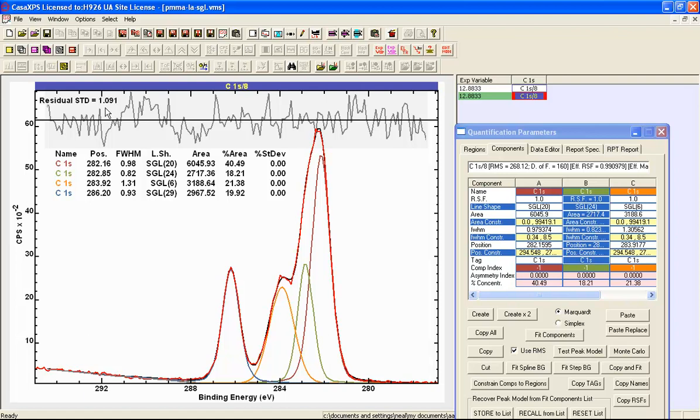The fit is comparable to what we see with the Voigt functions. So when I overlay these two, we can see the residuals are very, very similar, and the position and the starting points for these peaks are all very much the same. So we would expect these to be comparable peak models. However, if we test this SGL line shape peak model against noise, and we'll do this using the Test Peak Model button,